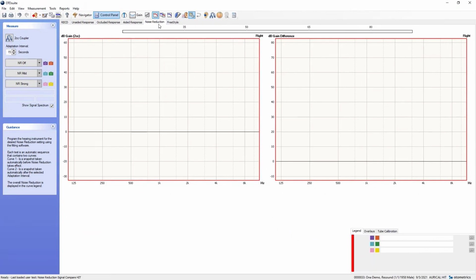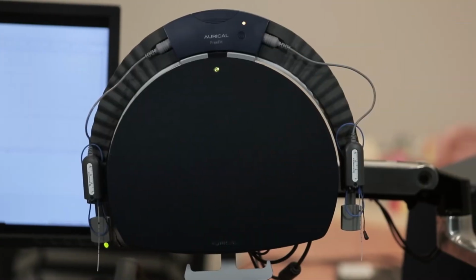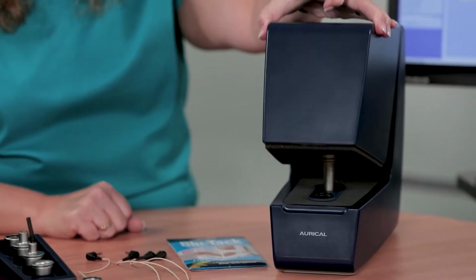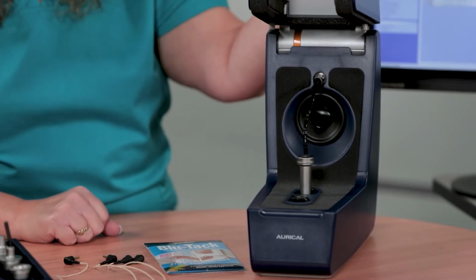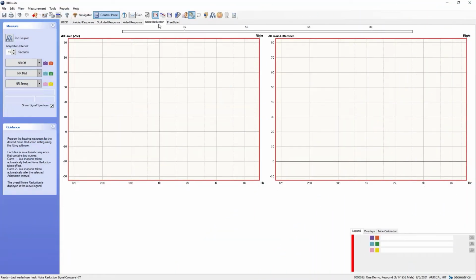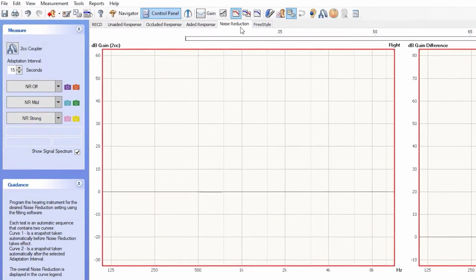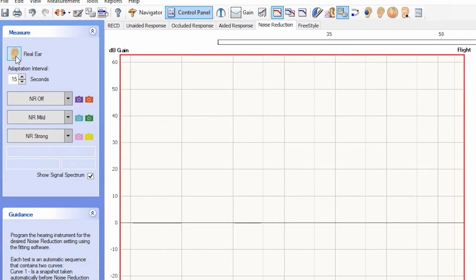Noise reduction and freestyle can be used with Aurical FreeFit or the Aurical Hit Test Chamber, but these software features are only accessible within the PMM module. If you are using these features with the Aurical FreeFit, simply select the real ear icon in the toolbar or